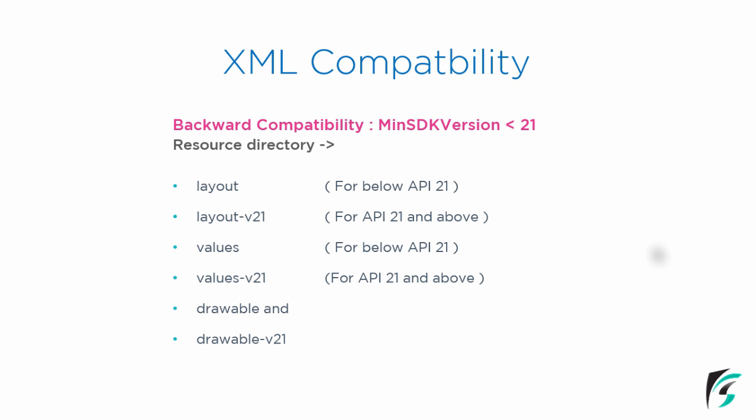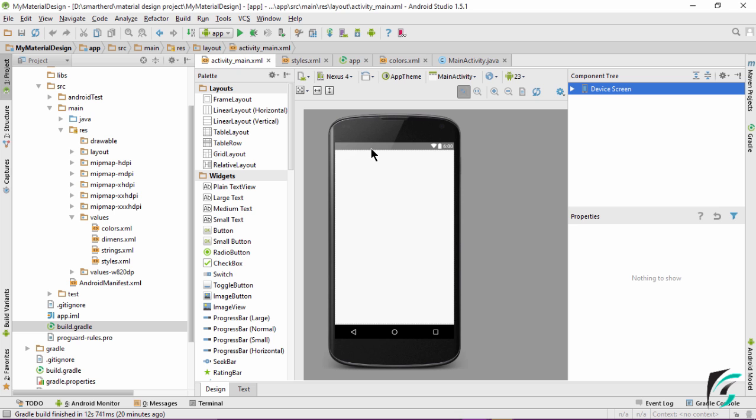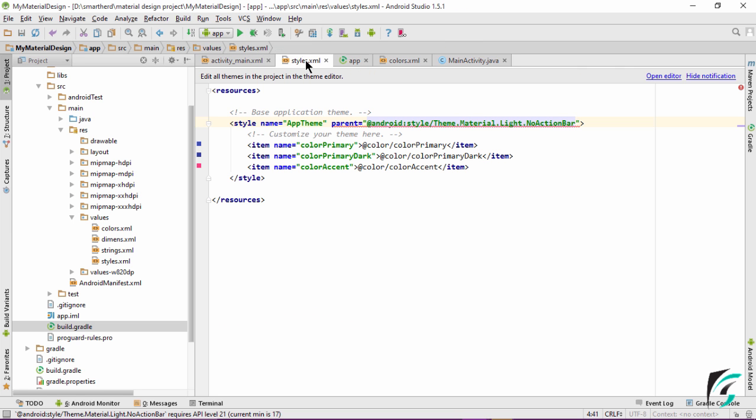Now guys, let's resume to Android Studio and make the necessary changes in our application to make it compatible with all the devices. This was our application where we had last left it. Let's move to the styles.xml file and make the necessary changes that will help us make our app compatible for all Android devices. Before all this, let's change the theme to Theme.AppCompat. And now let's change our style name to SuperMaterialTheme.